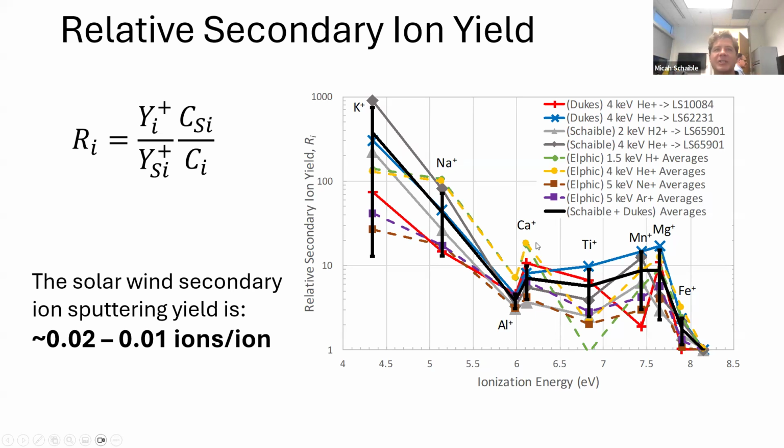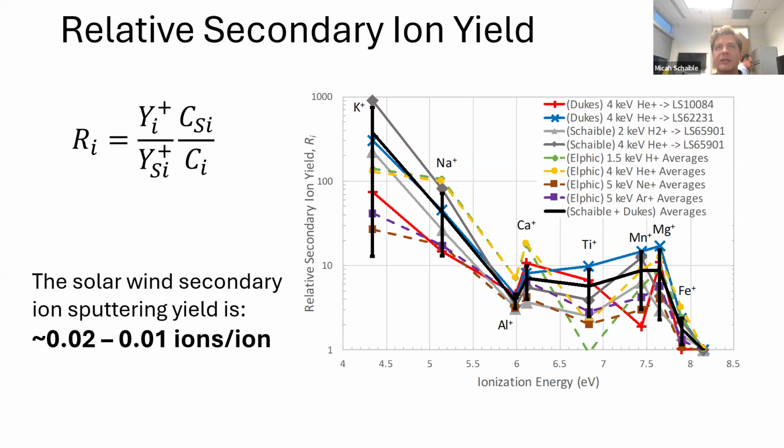And this is where I think that the machine learning could come in a bit handy, in that it could help us understand better, for a given secondary ion signal, what is then the true underlying composition. But on the whole, the sputtered secondary ion yield is about 0.01 to 0.02 ions per ion for silicon, and then that's going to increase based on the relative abundance of the sample. You're going to see all of these other species as well.